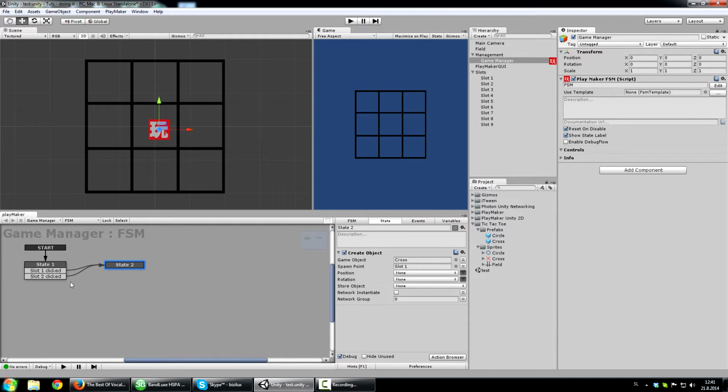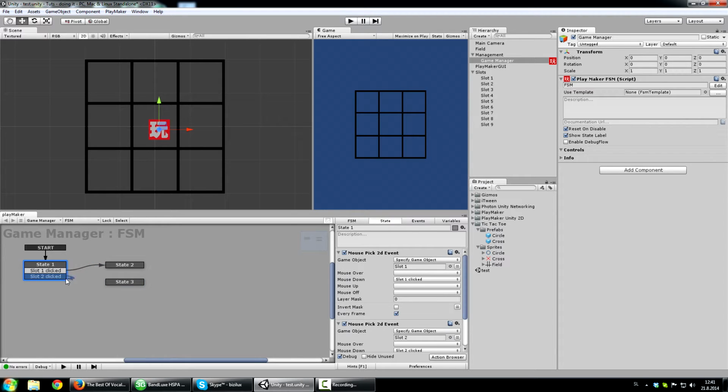We need to change the spawn point, so we need to make a new state. What you do is you select this state and Ctrl C and then press Ctrl V, and as you can see we made a new state which is a copy of this state, just with a different name, but naming is just for us, it doesn't affect